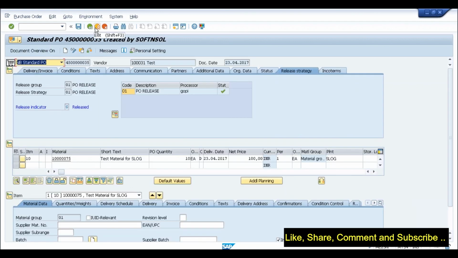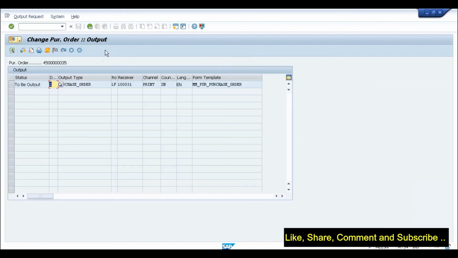I'm talking about the partner function. I mean, see, in the PO we have partners. Can you just go to the purchase order? Okay, I got your point. You are saying the different partner functions. So currently here it is LF, but if you want to send it to some other partner function, then yes, you need to mention the partner function here. In case of automatic output determination, the system will automatically determine the correct partner function which is mentioned in the vendor master data. In case you are creating manual output, then definitely you need to provide the receiver ID manually. Or even if you select the role and click on enter, it will automatically get the partner function from there.